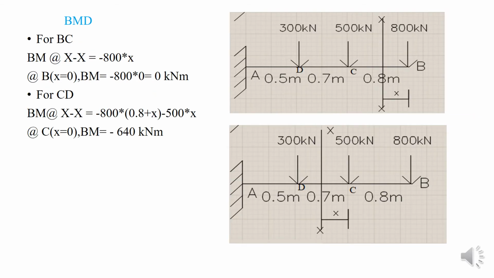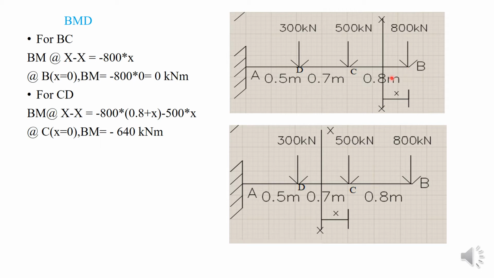Okay, so these are the shear force diagram calculations. Now we are moving on to bending moment diagram calculation. So the same thing that we have to consider, that is, consider a section line HX which is at a distance HF from the point B, and then take the moment about this section line. So what will be the moment about this section line, which is 800 into h. So check whether it is clockwise or anti-clockwise. So you can see it is in clockwise direction.